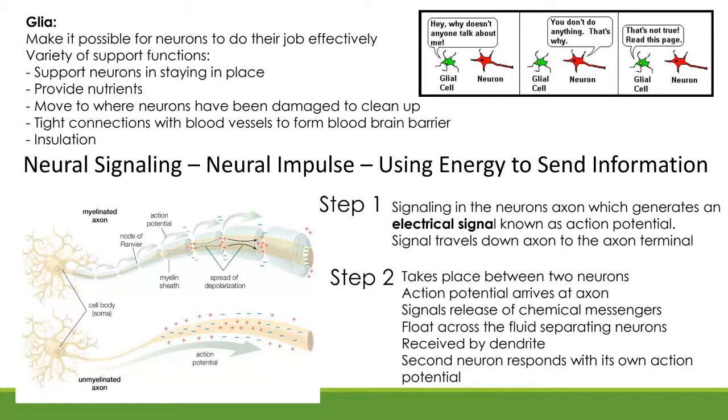Generally, your neuron sits at rest. It's got a resting potential. It sits there very nicely. It doesn't do anything until it gets an electrical signal. And that electrical signal received by the neuron is known as an action potential. So the thing that travels down the axon is known as an action potential. The signals travel from the dendrite right the way to the axon terminal. It's an electrical signal. So that's the first step, the electrical signaling. And the second step is where the two neurons speak to each other.